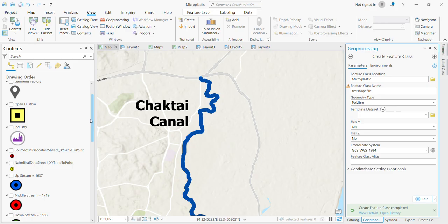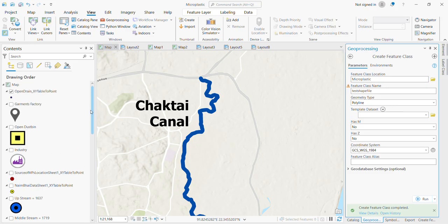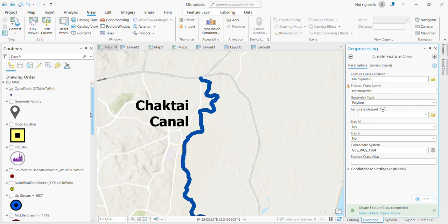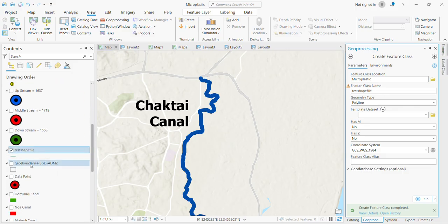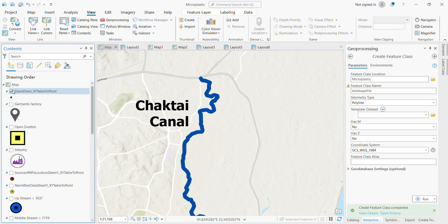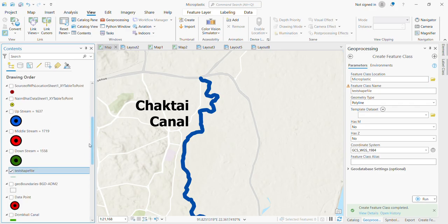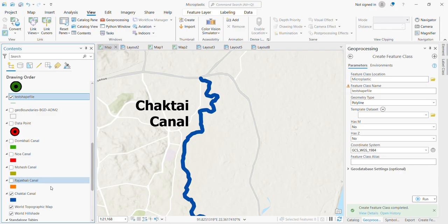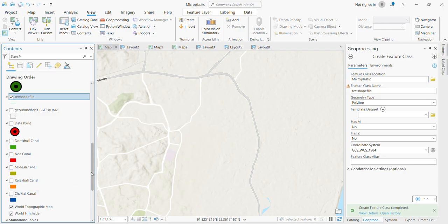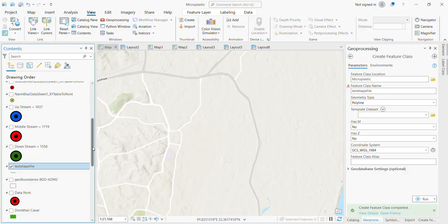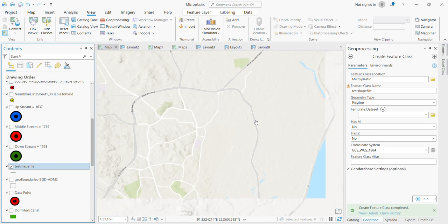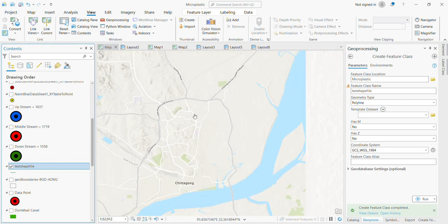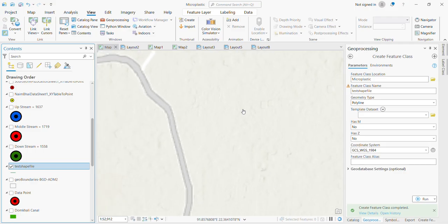Shapefile has been created. But the problem is, like you guys can see, the shapefile has been created, but the shapefile is not visible here. Why? Because I have not drawn the shapefile yet. Like I have just created the file, but there is nothing to get added, or there's nothing to be visualized. So what I should do is,